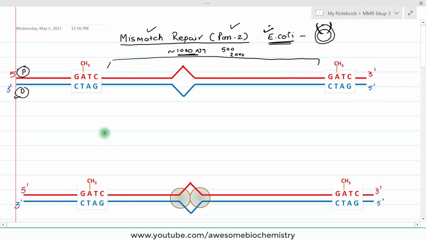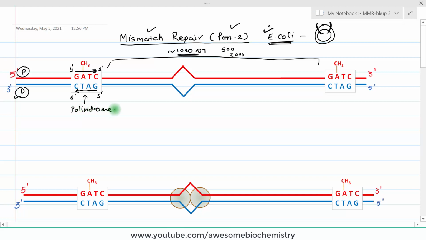Okay. This GATC, if you look at the base pairing, G base pairs with C, A base pairs with T, T base pairs with A, C base pairs with G. So over here, this is the sequence from 5' to 3', that is GATC. Whereas on the other strand, if you consider 5' to 3', this is the 5' end and this is the 3' end, it is again GATC. So whether you read in the forward direction or in the backward direction, it's the same. So this is a palindrome sequence.